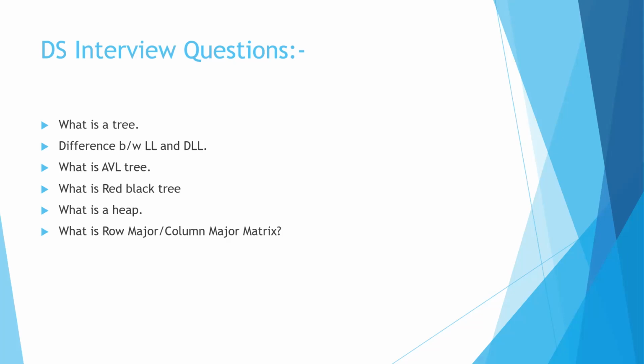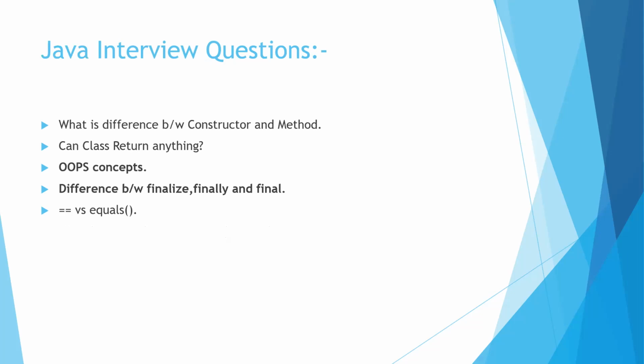The person who took my interview was also from a CS background, and he had been working in the company for 3 to 4 years. So don't argue with the interviewer. If you're wrong, just admit it. They have more knowledge than us because they have worked in the company and know how things actually work. We students have just studied theory, right? We don't know, but they know practically how it's done in projects and everything.